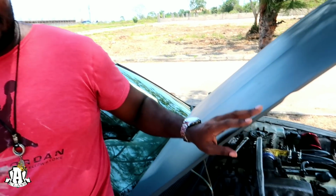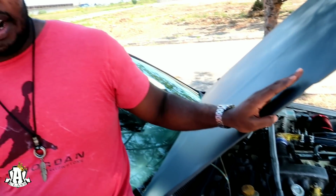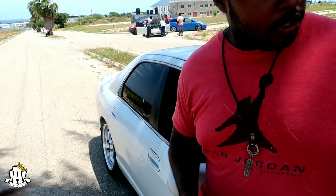Alright, no problem. Cadmiel Smith from Mandeville, aka Agent Smith, aka Teach. That's my profession, teacher. So this right here is my 1998 Nissan Skyline R33 sedan. Sedan means it's the 4-door. It originally came with